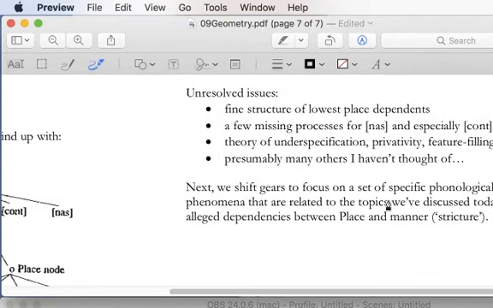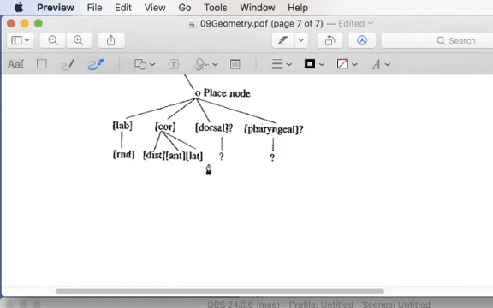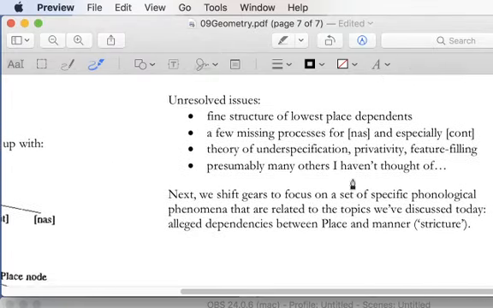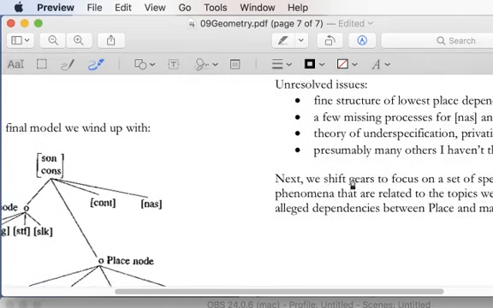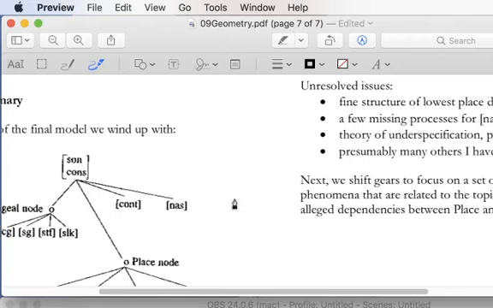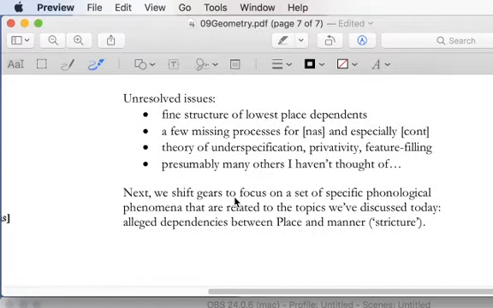Here's what we haven't figured out so far, though, what we're going to move on to shortly. There's the fine structure of the lowest place dependence, so we haven't really filled in this picture over here. That's something we need to figure out. We have a few missing processes for nasality, so we couldn't find an OCP effect for nasality, and especially for continuancy. We did not see much evidence that the feature continuant actually patterns on its own, so that's going to be a big problem. We're going to need to update our theories of underspecification and of privative features and of